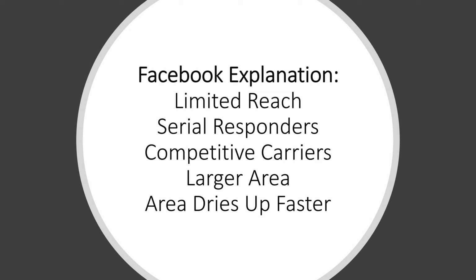and try to get responders back. Then you run into the serial responders. You have the same thing with direct mail as well, which we'll talk about in a little bit. But with Facebook, some of the people in an area that will respond will always respond. I was associated with a Facebook lead company for a few years. We decided to part ways with that organization. But one thing you found was,